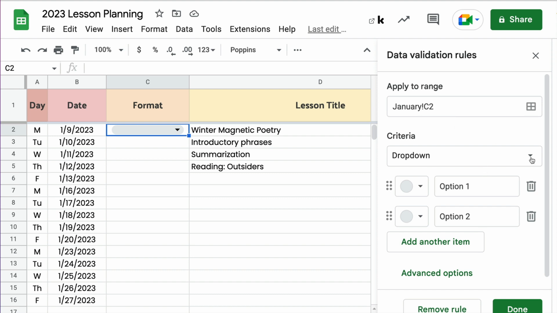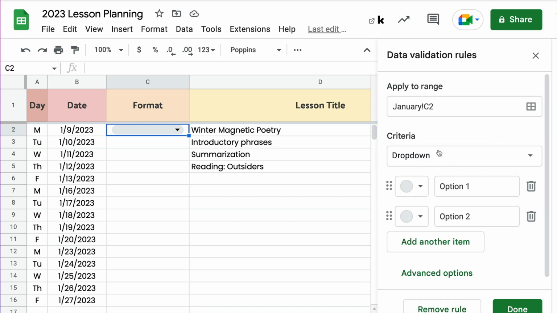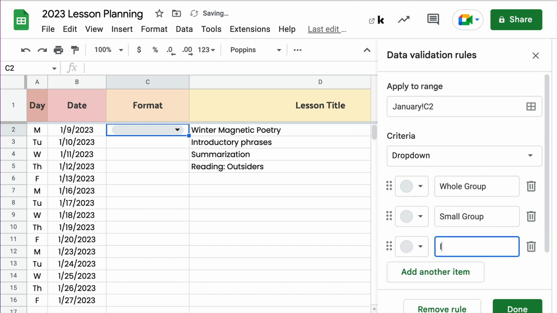And so we do have the option to have it a drop down or basically use this as a data validation rule. That's where this exists. So just so you know, all you have to do is type in your options. So I have whole group, small group, independent,